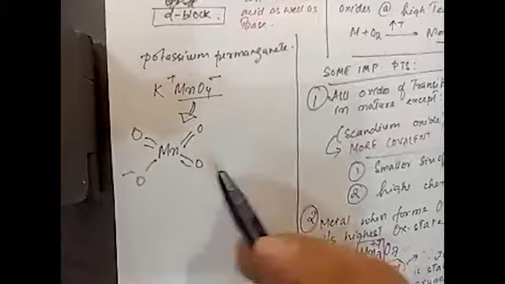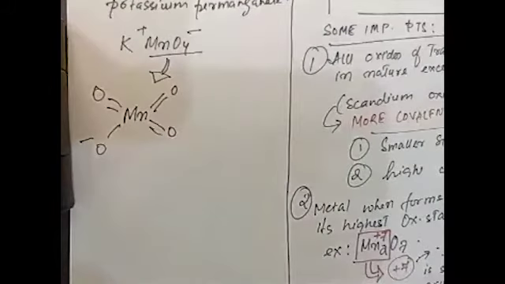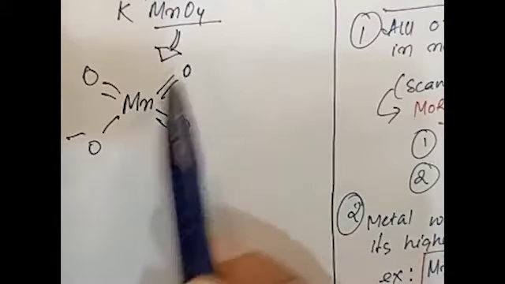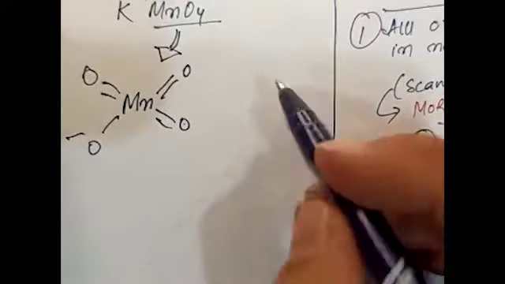Okay. So this is our manganate ion. This is our permanganate ion. And in this permanganate ion, what happens? You see that this is a transition metal, and along with it there is oxygen, and it is showing